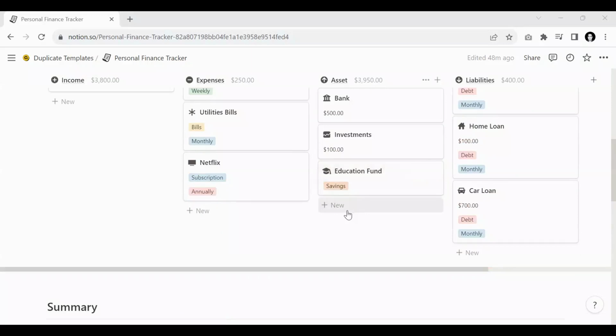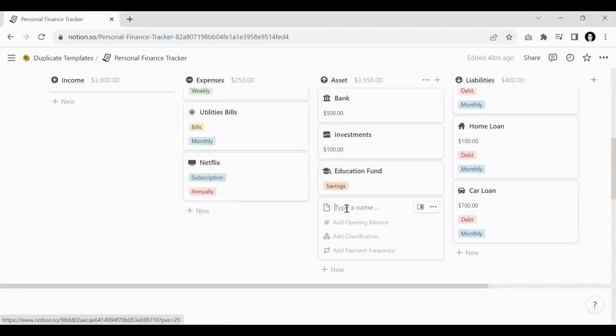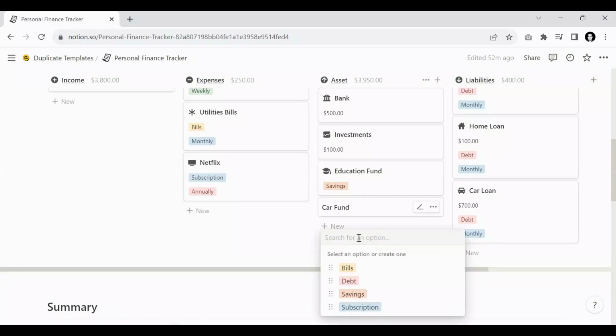Just to give a quick overview, I'm adding a new saving over here. I'll click on this new button, and I'll put maybe my car fund. I'm just going to save some money to buy a car, so I'm putting a car fund. It doesn't have any opening balance, and I need to classify it as a saving. So I'm putting savings over here, so it reflects the savings